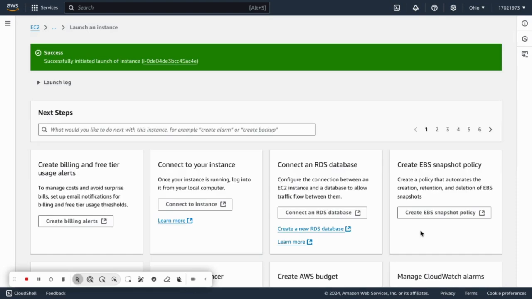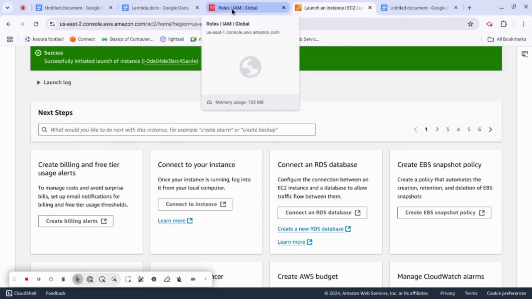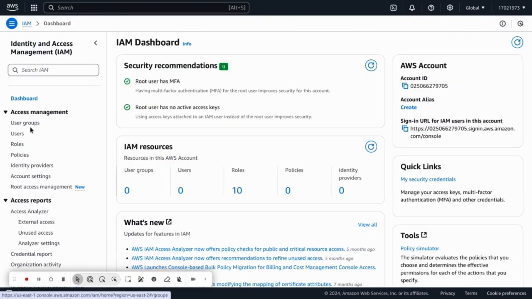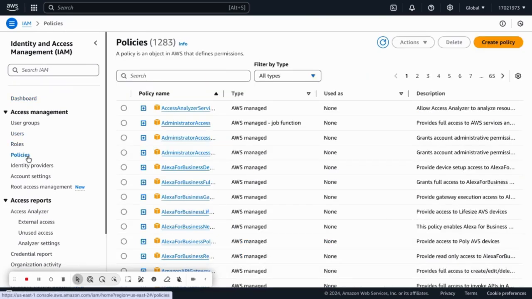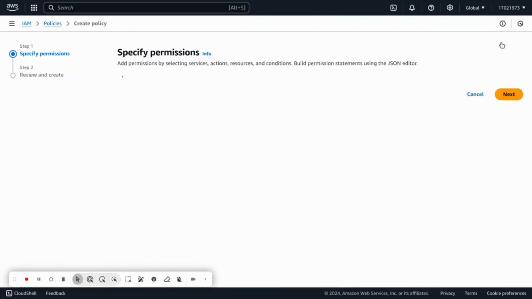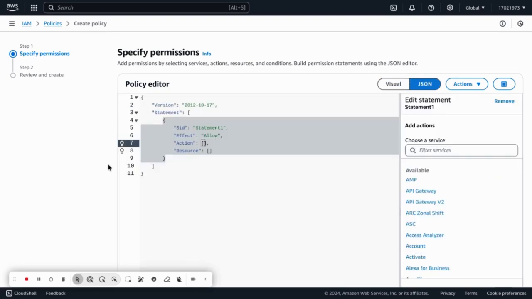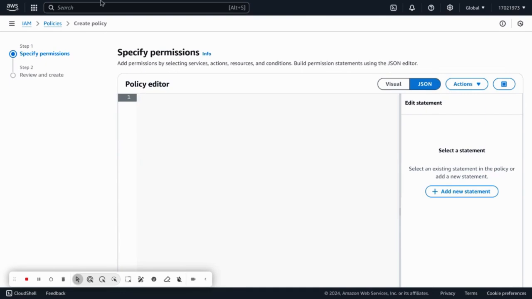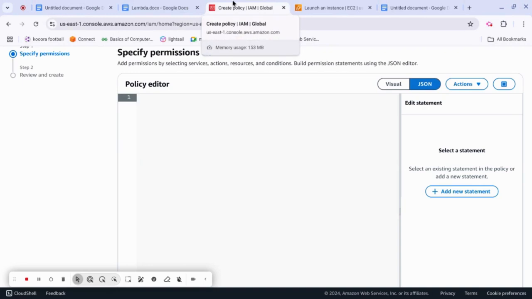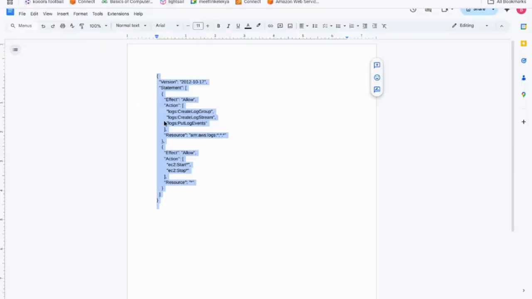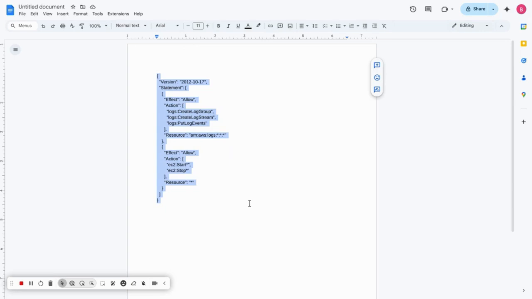Now while we're launching an instance, we can go and duplicate the AWS Management Console and click on IAM. From the IAM screen, we create a policy. To be able to do that, create a new policy, and on the specify permissions page we will click on JSON, and we need to delete this code. We need a new code. New code will be sent by the operations or our teachers or by myself here. We go and copy this JSON code,